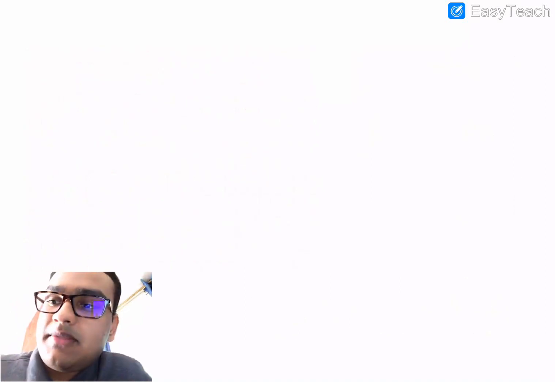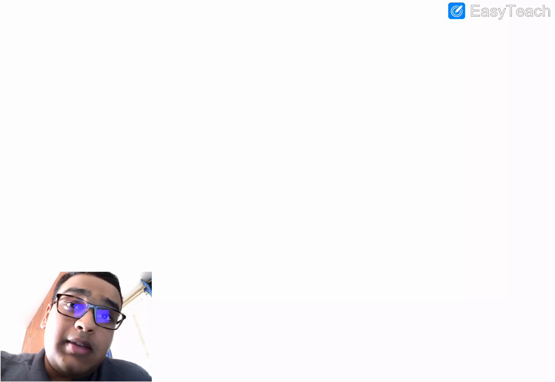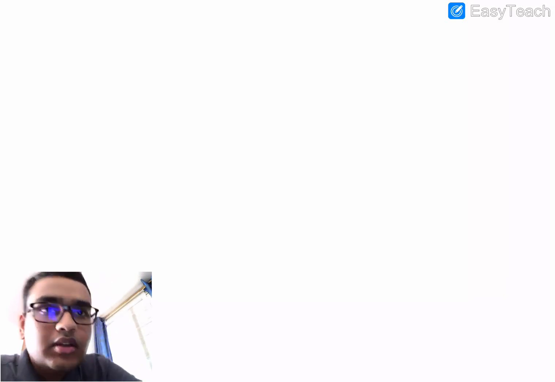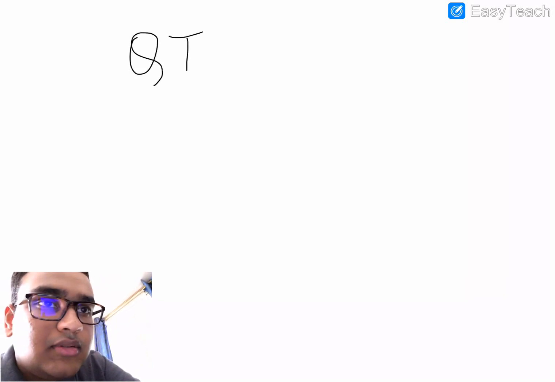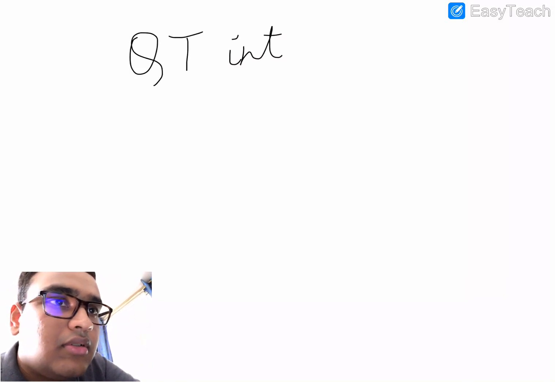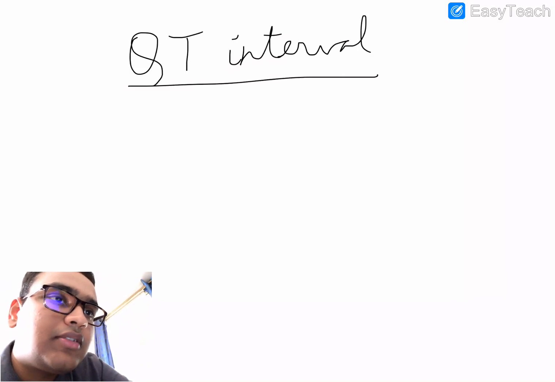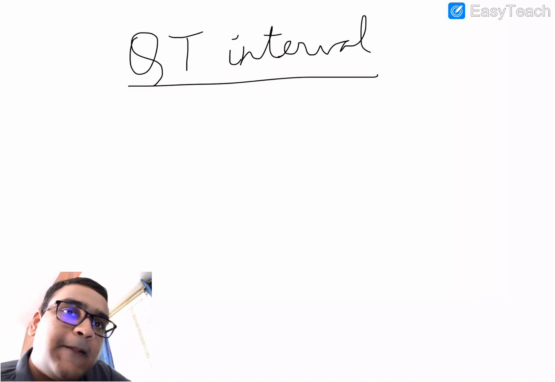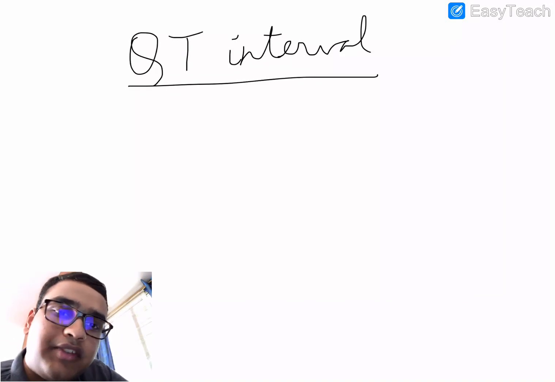Okay, so that was about the axis interpretation. So we learned about P wave morphology, PR interval, QRS morphology, and axis. So now there is something known as QT interval. Before we come to T wave, we will learn about QT interval. QT interval can be prolonged. It's nothing but the interval from the beginning of Q wave to the ending of T wave.